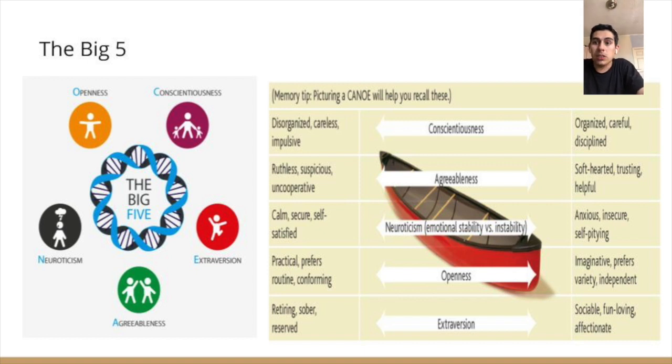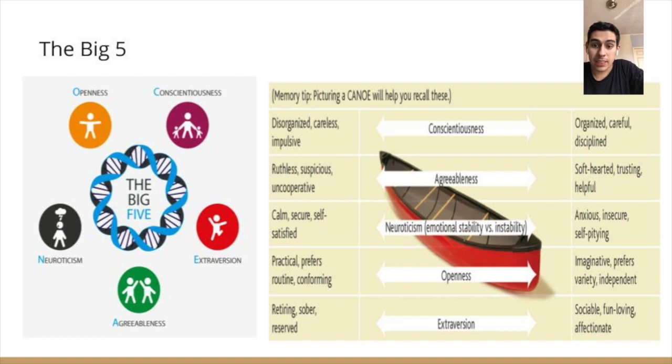The fourth on the Big Five list is openness. This trait features characteristics such as imagination. People who usually score higher in this tend to be more adventurous and creative. They have a broad range of interests and they have a preference for variety. People who usually score lower on openness tend to struggle with abstract thinking. They're more comfortable with routine, traditions. They're less creative and more down to earth people.